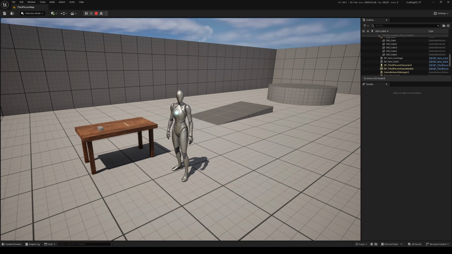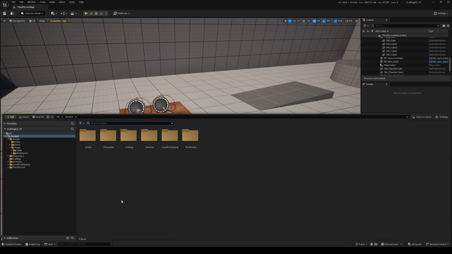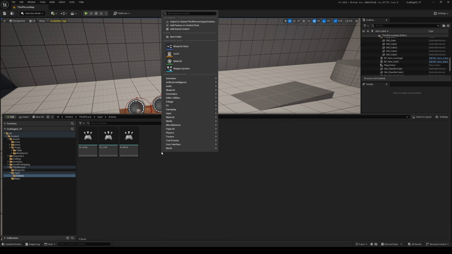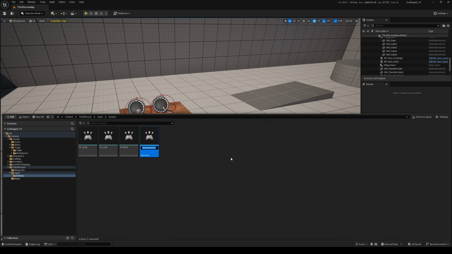In today's video, we'll go ahead and set up the interaction system. So with that said, let's begin. Let's go ahead and open the content drawer. Now, the first thing I want to do is go to the third person and create the inputs for our interaction system. So let's go to actions, and we can right click, go to input action, and call it